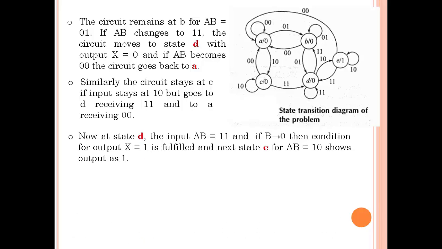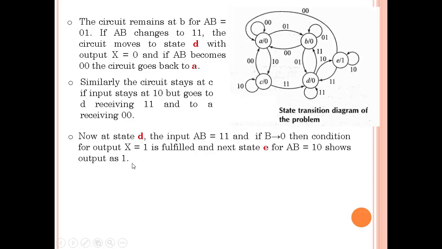Now at state D, input AB is equal to 1 1, and if B becomes 0, then the condition for output X equal to 1 is fulfilled and the next state E, for AB equal to 1 0, shows output